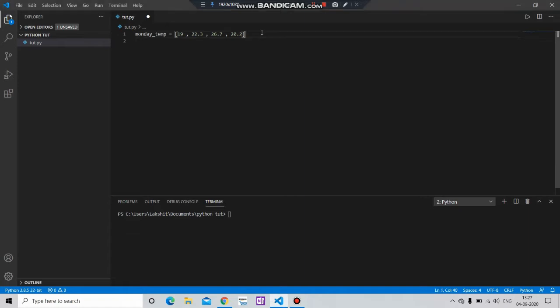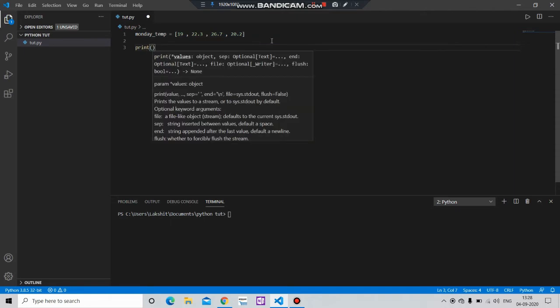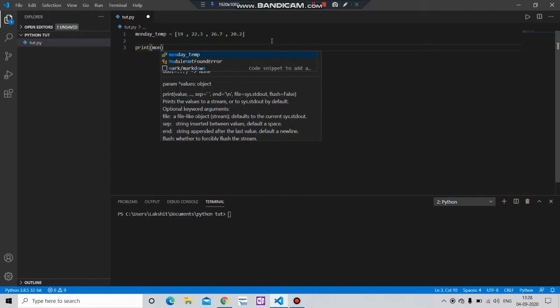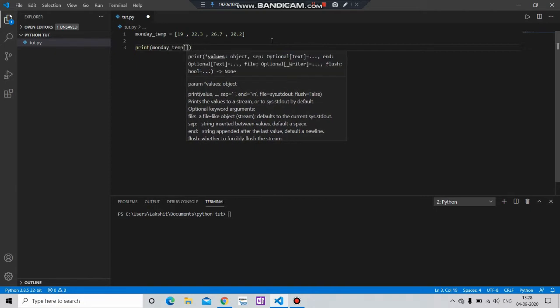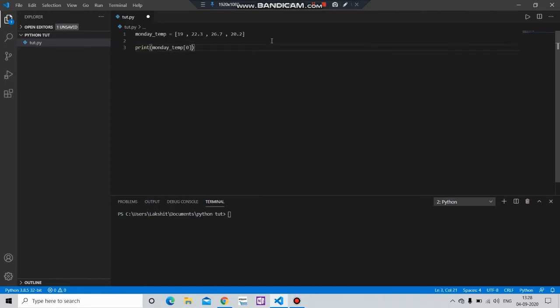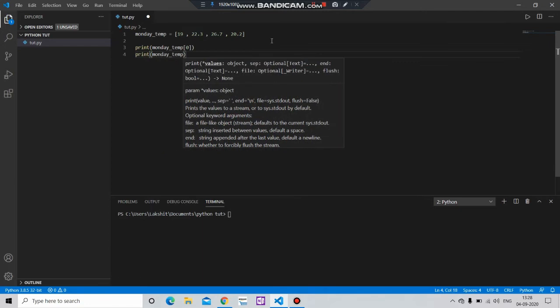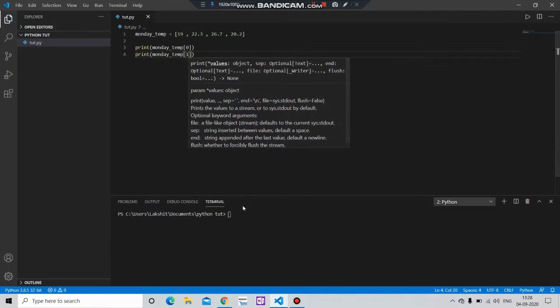So here you can see a list which tells the temperature on Monday. Here you can see it is 19, 22, etc. And if you want to print it out, one method is we can type print, then the name of the variable Monday, put the index value, then for next Monday index value 1 and so on. Okay, if we print it out